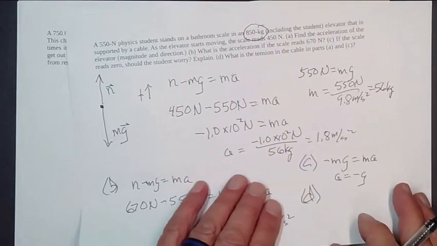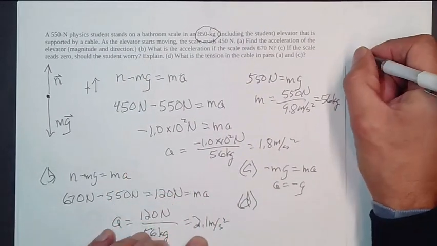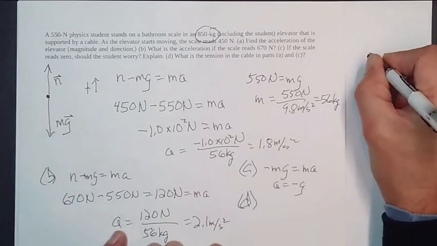What is the tension in the cable in parts A and C? Well, we know the mass of the elevator and student there. We may have to make another free body diagram for this situation. Oh, I can just do it. No, let's see. I'll do it over here, and we can kind of ignore it for later things. A free body diagram for just the elevator,